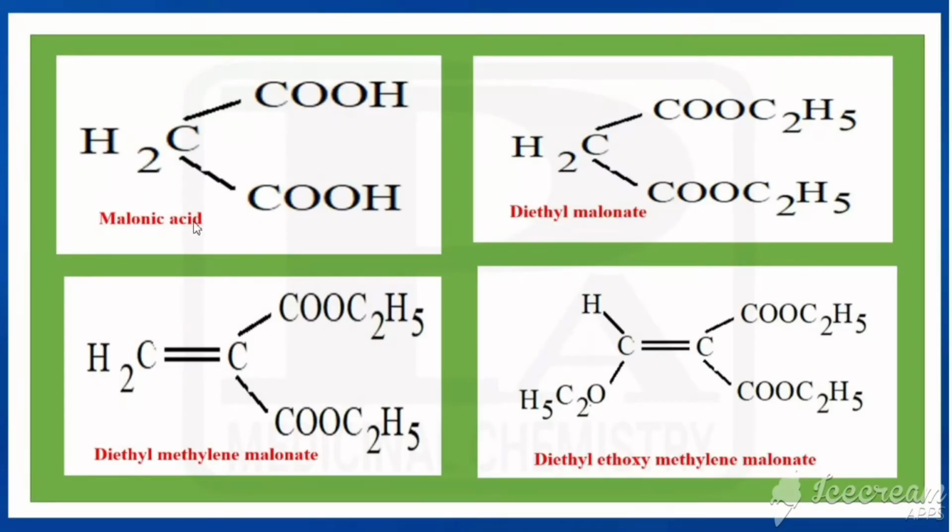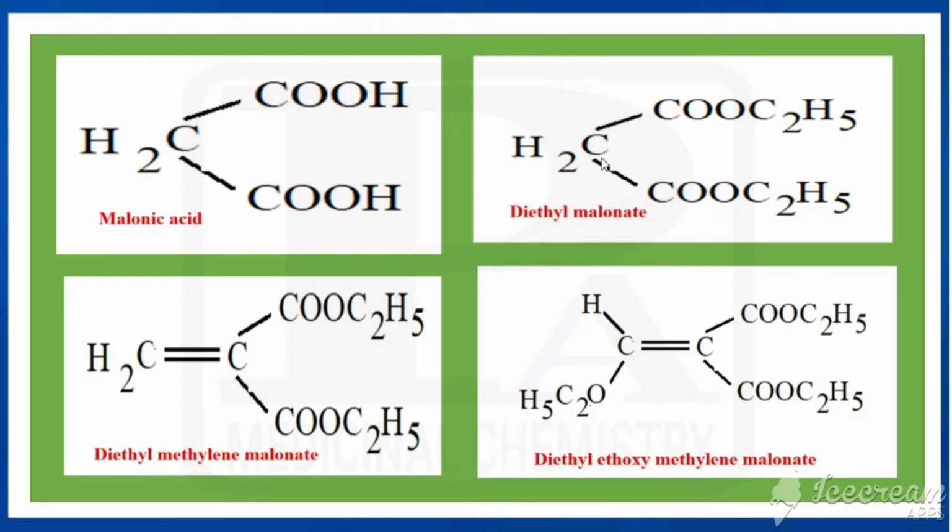We have known the structure of malonic acid. We have seen this in dicarboxylic acids, the second one after oxalic acid, that is called malonic acid. What is the formula for malonic acid? CH2(COOH)2, that is called malonic acid. Here these two hydrogens are replaced by means of ethyl, that is called diethyl malonate. Why is it ending with 'ate'? That is the suffix for ester. COO is an ester, so it can be called diethyl malonate.